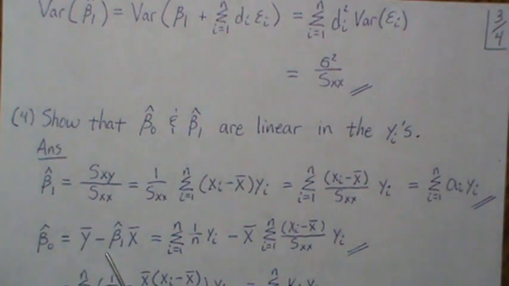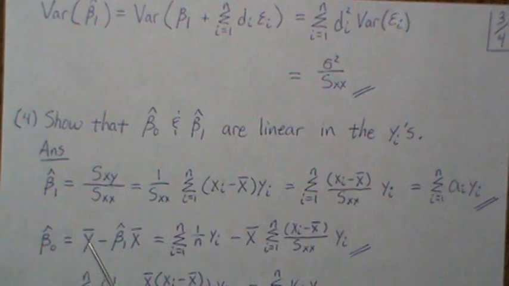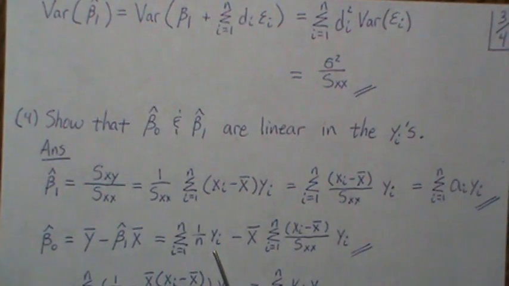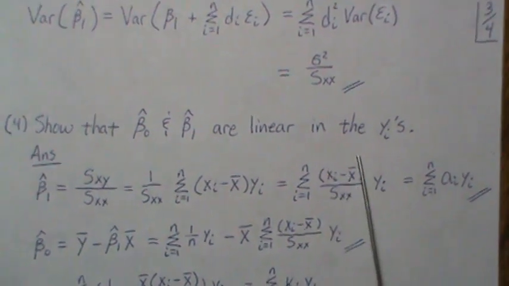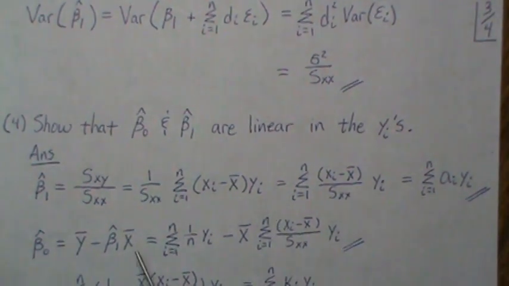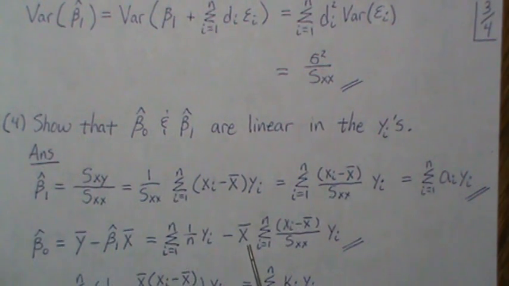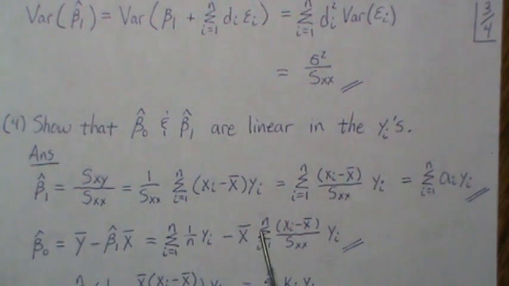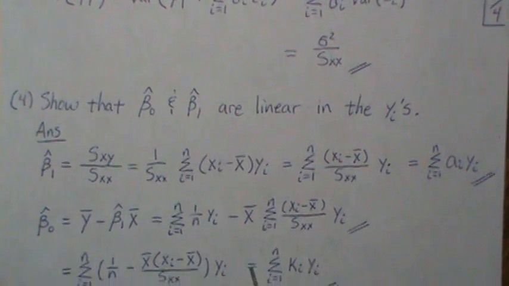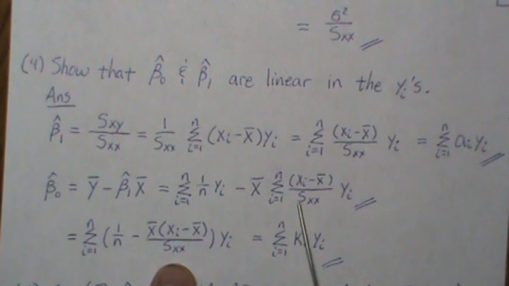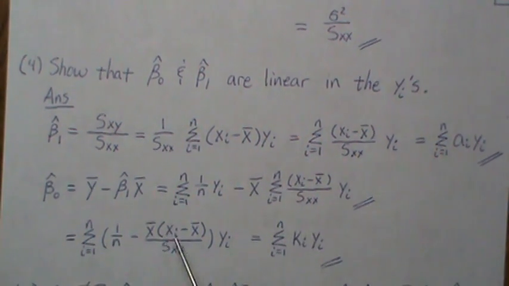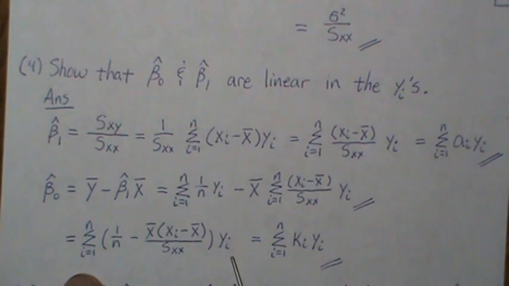So beta 1 hat is this. Well, this is the sum of the yi's divided by n. Beta 1 hat we just showed was this. So that's this piece, and the x bar is here. Now, the sum from 1 to n, we can make that one sum and then factor out a yi, and that's what we do here. So the 1 over n's come down, this comes down. So it ends up being a sum of a constant times the data, yi. So we can think of it as, say, the sum of ki yi, and so then that proves that it's